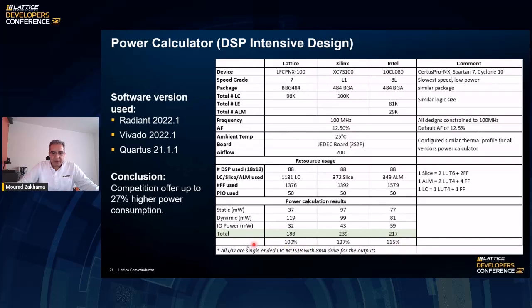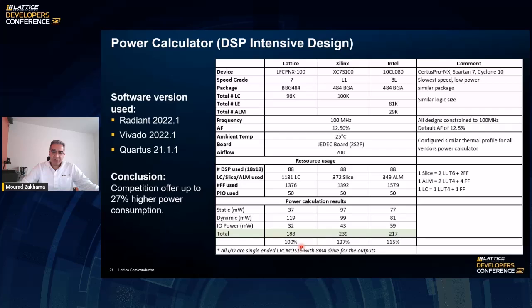milliwatt for the Xilinx and Intel implementation, which represent 127% and 115% of the Lattice power consumption. This is mainly related to the way the devices are architected, the technology choices, all we've seen in the previous slides in terms of the technology choices for the low to mid-range FPGA. So if someone doesn't require the higher performance of the much larger devices and can fit within the scope of the device offering that Lattice has, they can benefit from this